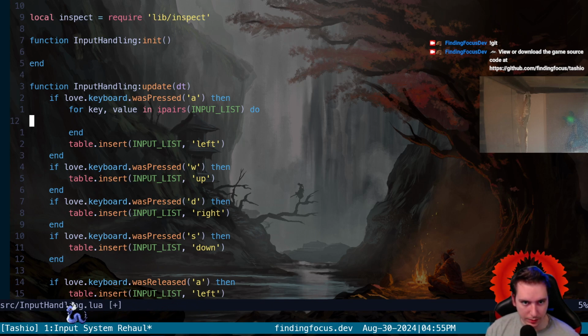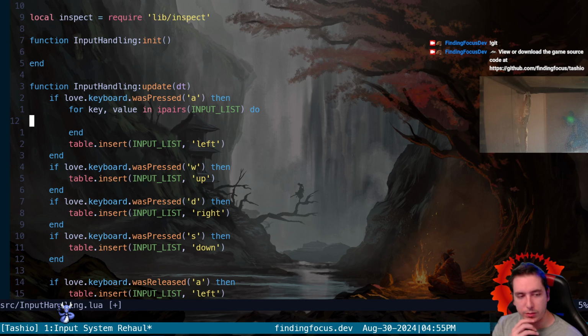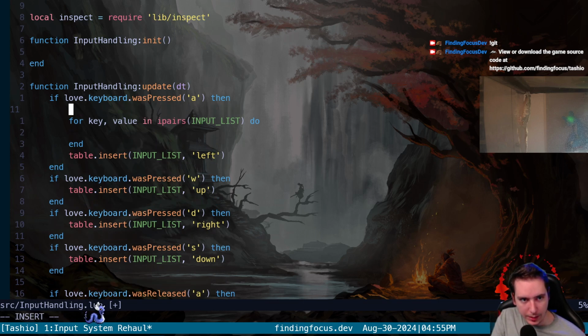Oh god, see, this is already an issue, because we have to insert only if none of the inputs are left, not if any of them are. So, let's just say that